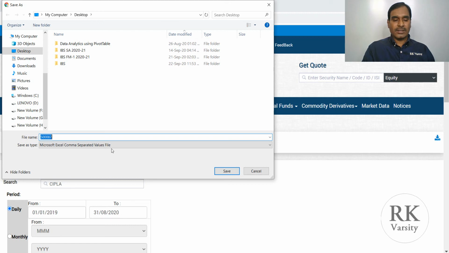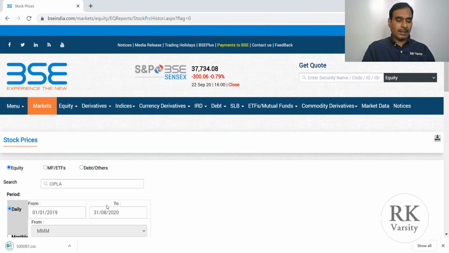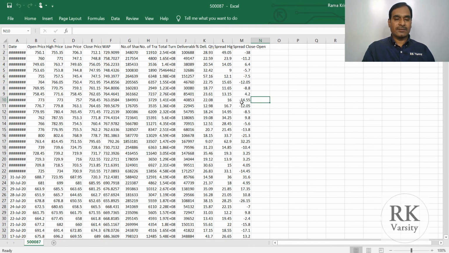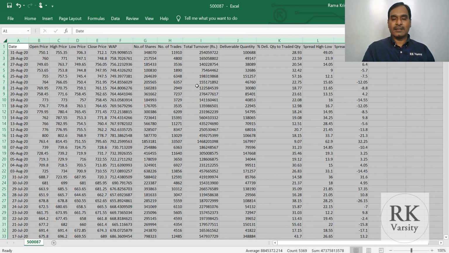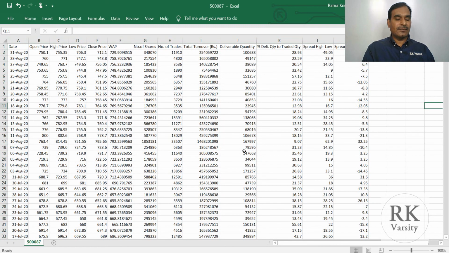So in the Bombay Stock Exchange, when you download the data, you get it in CSV file format. Now save this and observe at the bottom, your data is downloaded. Click on this. So the data in CSV file format is visible. Now here you can see some hashes and turnover in E plus numbers. To fix this, just click on the corner button between row number and column name, and then click on any of the column dividing bars. So here we have a bar. Now just double click on this. Now automatically this will get expanded. Now the data is ready for your analysis.